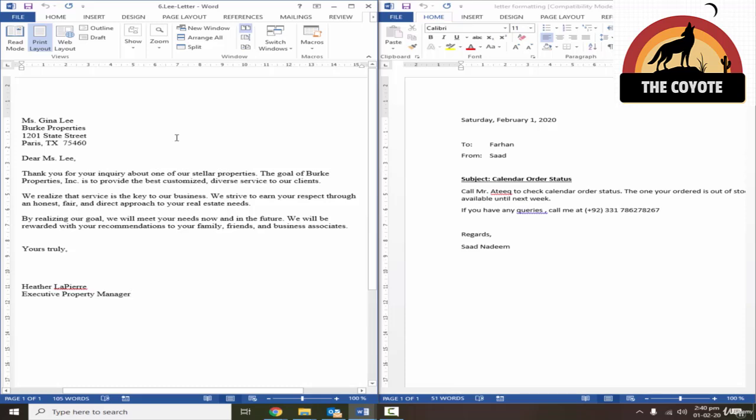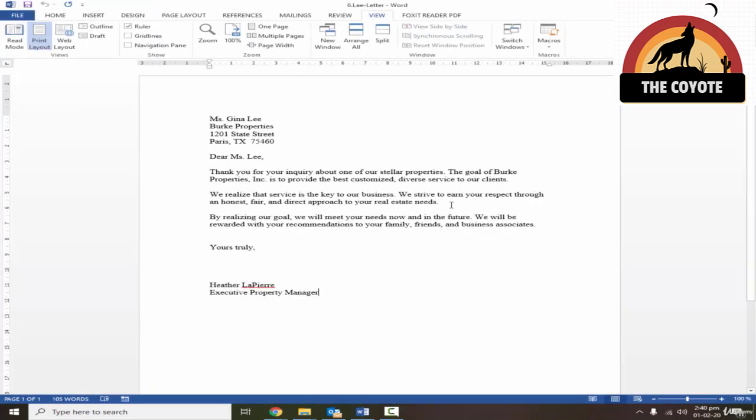Now if you want to go back to the one document, like the letter, I'll just close this other one and I'll go back to the one document screen. Now similarly, there are some cases where the document has multiple pages and you want to split the document in half and then scroll the lower portion separately and the upper portion separately, to read the top and compare it with the bottom at the same time.